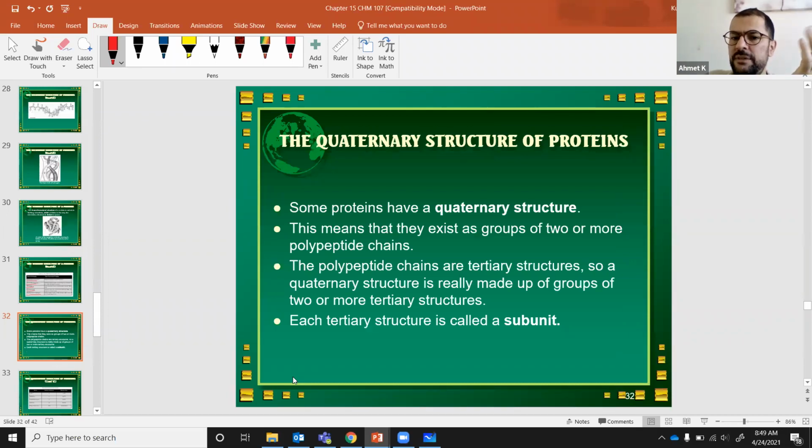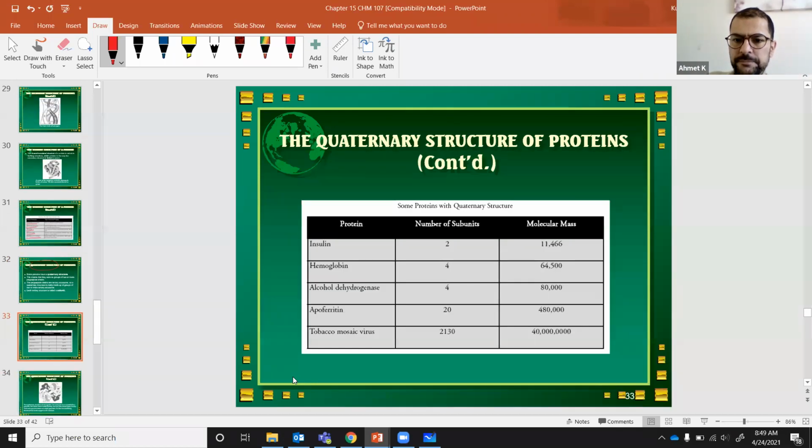And some proteins, right, this is the last structure, some proteins, and these are very large proteins, they're going to have quaternary structures. And what quaternary structure means is that they're going to exist as a group of 2 or more polypeptide chains. In other words, you are bringing those tertiary structures together, and then you are making one large quaternary structure. And if I can give you an example,